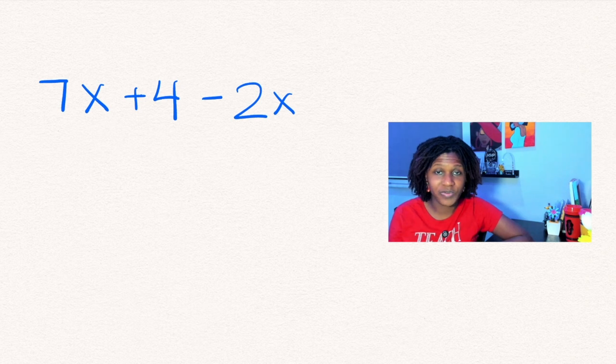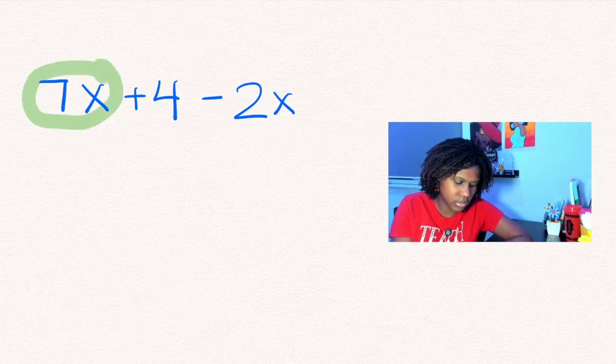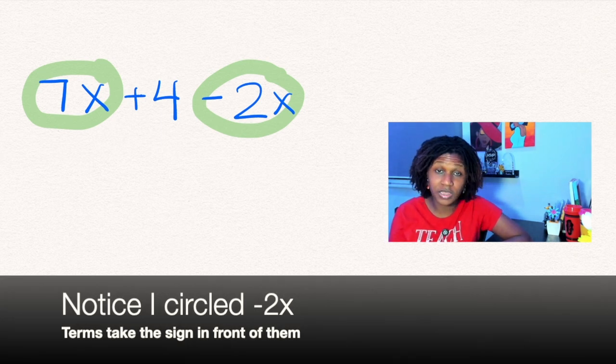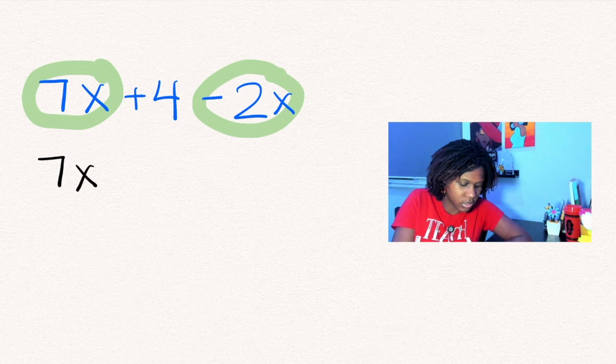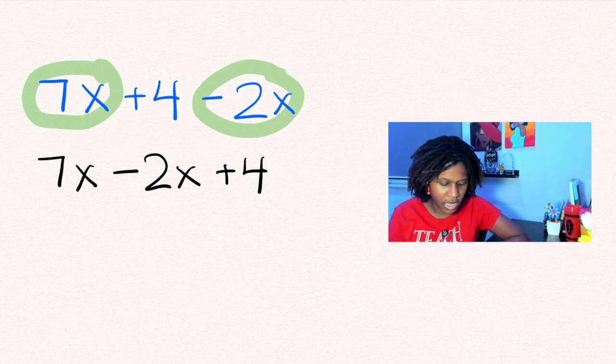Now in this next example, the first thing I want you to do is circle your like terms. This term has an x, and so does this one. And they are the only ones that have an x, and the only like terms in this problem. So those are the ones that I will combine. If you like, it might be easier to write those like terms next to each other. Just don't forget the other pieces of your problem. So now that I have my like terms next to each other, I'm going to perform the math that I